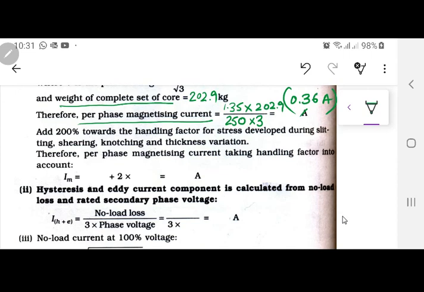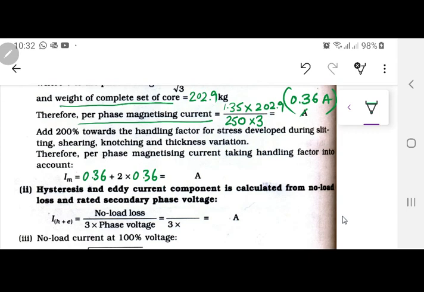Now I have a little disagreement over here on this one. I don't know how this works. In fact, I asked some transformer design engineers also in the industry. They say this is actually totally depending upon your factor, how you are actually handling your transformer, how the material is. Because you are having 0.36 amperes and you are going to add 2 times of it into that current. So over here, according to this book, this is 0.36 plus 2 into 0.36. This is actually a 200% increase over there. So this is a huge increase. But anyway, I am going to go through the book.